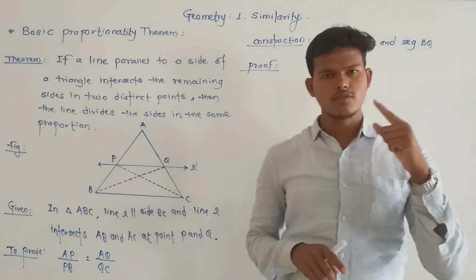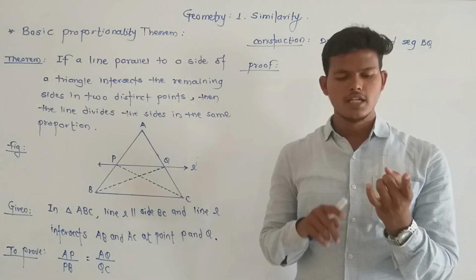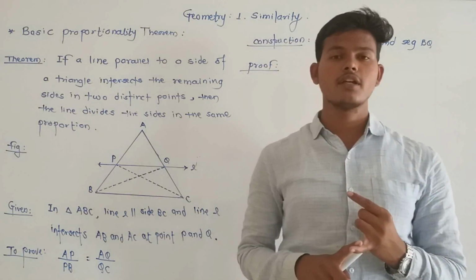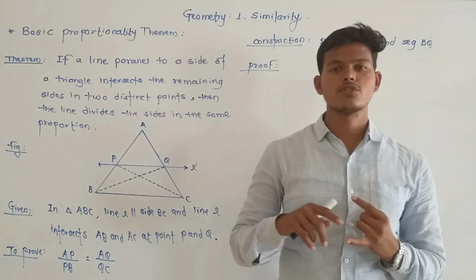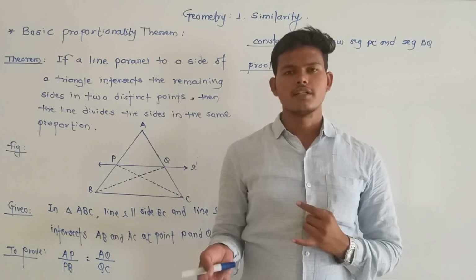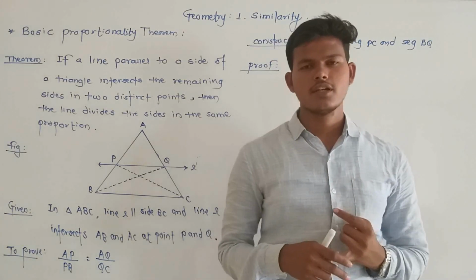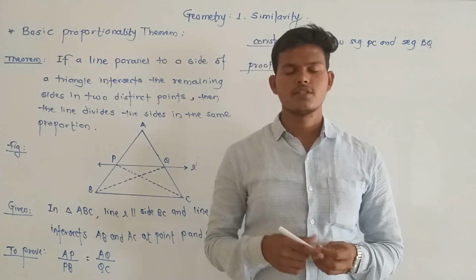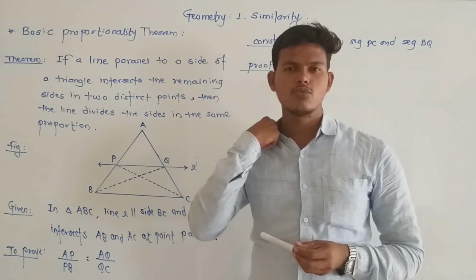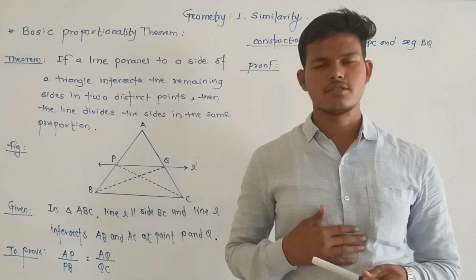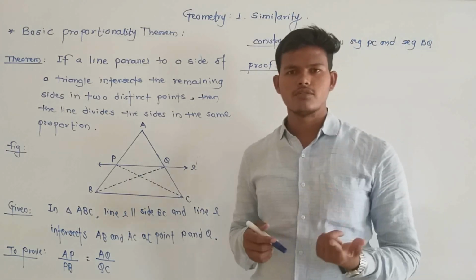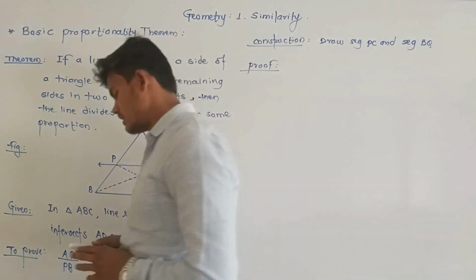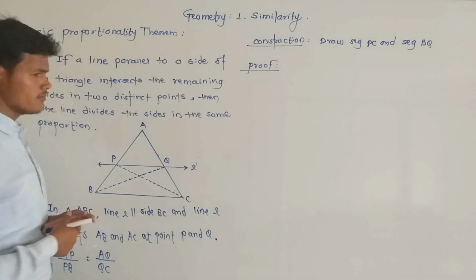Second, for the first property, first case is, if two triangles have equal bases, then their areas are proportional to their heights. Second case is, if two triangles have equal heights, then their areas are proportional to their corresponding bases. The last case is, if two triangles share one common vertex, then their heights are equal, and if two triangles have equal heights, then their areas are proportional to their corresponding bases.